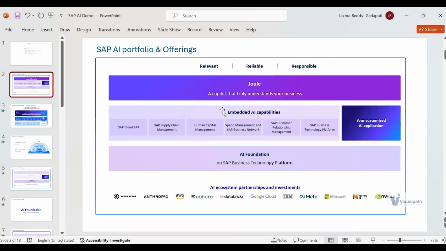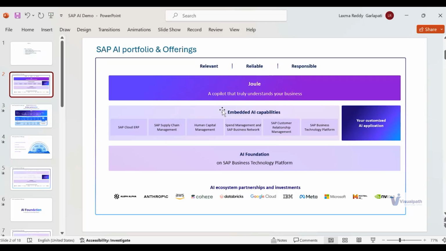These embedded AI capabilities are mostly, as I said in my first slide, narrow AI based applications. When I say narrow AI, machine learning, regression, and classification based algorithms are built into the application and delivered by SAP.